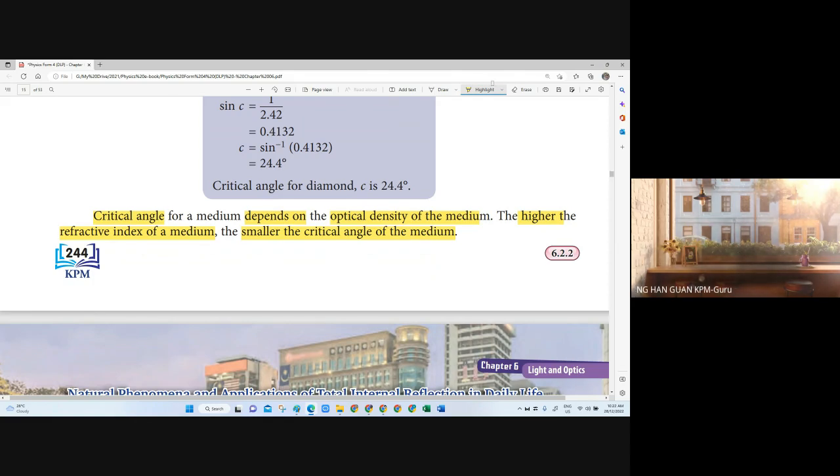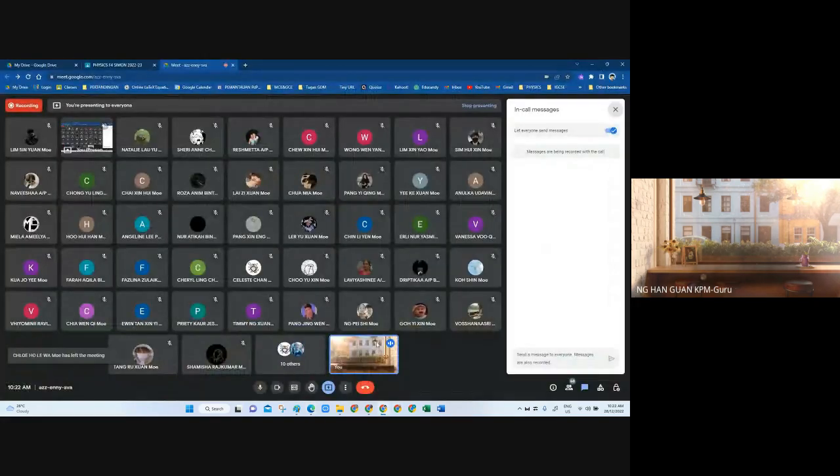Right? Okay. So n higher, C smaller. N higher, optical density higher. N higher, C smaller. Okay. So that means that